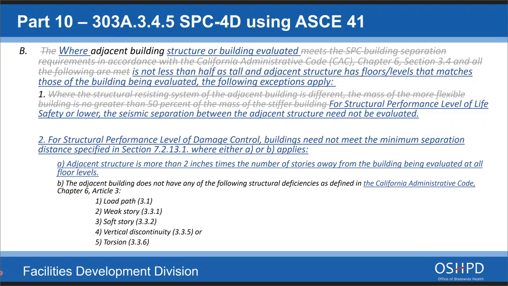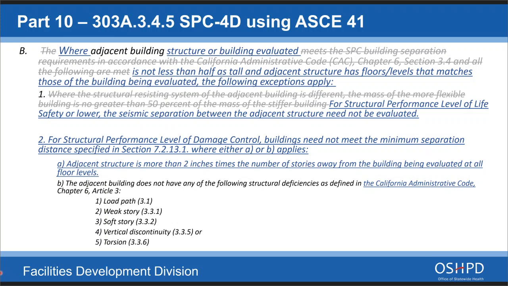It has to meet the requirements in the CAC, and then it also has to meet additional requirements that I showed earlier. At the same time, we said, okay, if we don't meet those requirements, then what is the building separation? Are we just going to go with, that means in order to meet the requirements in AAC 41, you need to calculate what that separation was. So we said, okay, we will clarify that. And we said, if you meet the building separation of 2 inches per floor per the CAC, then that will be good enough. So if your adjacent building met that separation and it also was not considered immediately adjacent, then you need not do a pounding analysis.